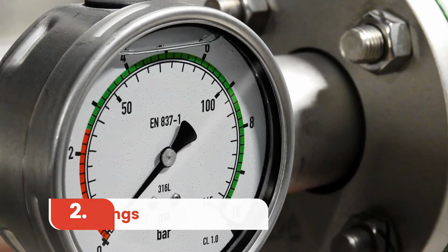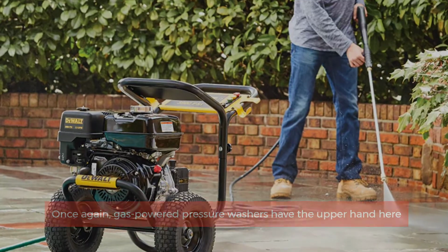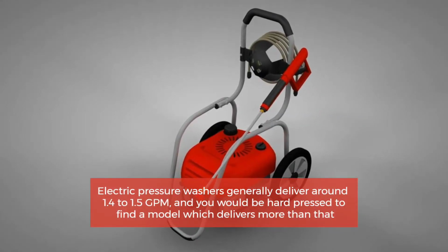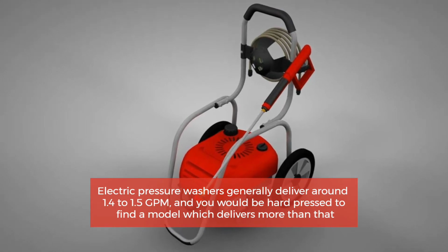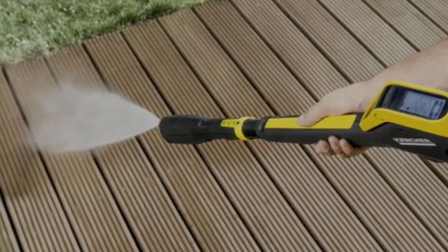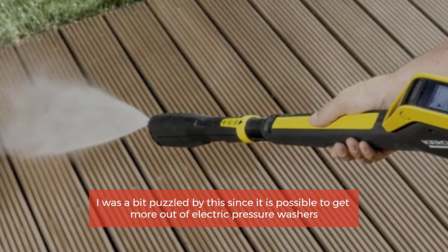Number 2. Water flow ratings. Once again, gas-powered pressure washers have the upper hand here. Electric pressure washers generally deliver around 1.4 to 1.5 GPM, and you would be hard-pressed to find a model which delivers more than that. I was a bit puzzled by this since it is possible to get more out of